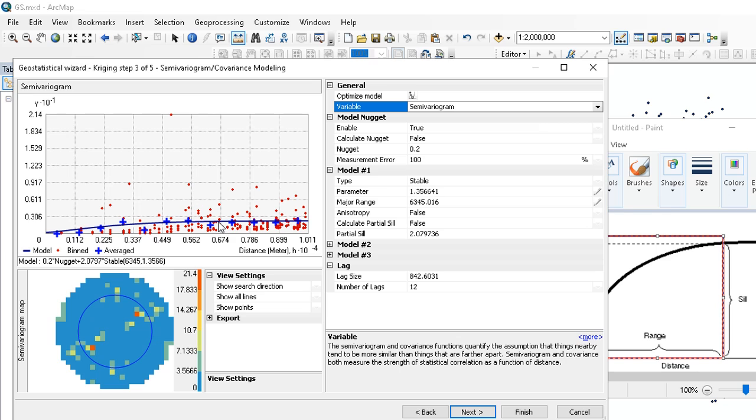So major range in this case is around here, this one. From here the model is getting flat. So at this time this model is taking your values, but you can optimize the model. And when you click this one to optimize your model, another important thing to understand is